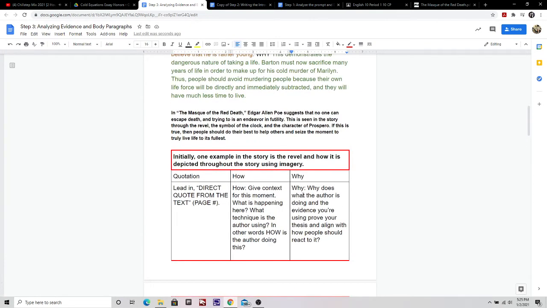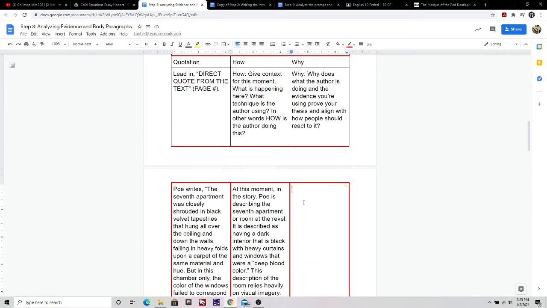Now the next section is, why does the author use the evidence, or well, use the text that way, or use that technique? And also, why does this help prove your thesis statement, right? So one thing that I might put here is this demonstrates. I almost always start this section with something like that because this demonstrates is a good lead-in to talking about why all of this matters, right? And that's why this section is the why section, okay? So this demonstrates that